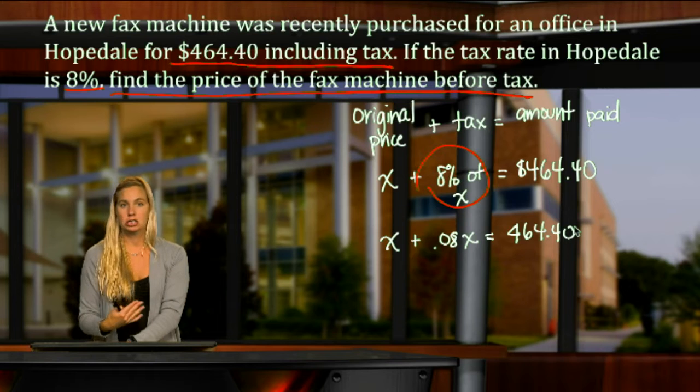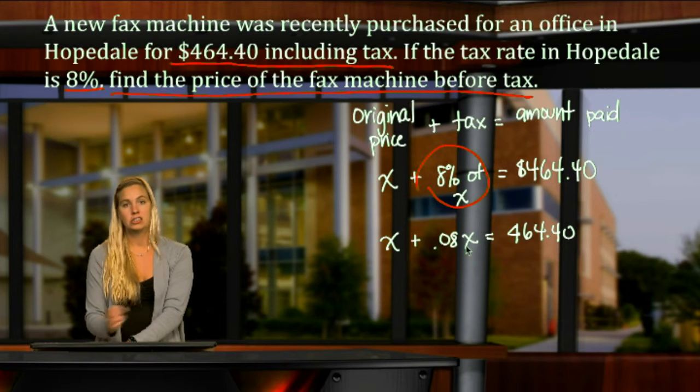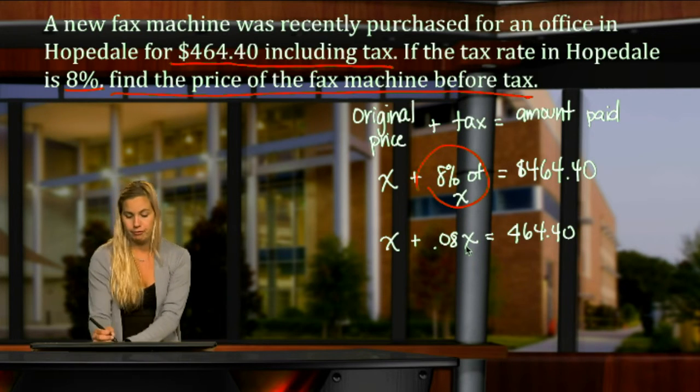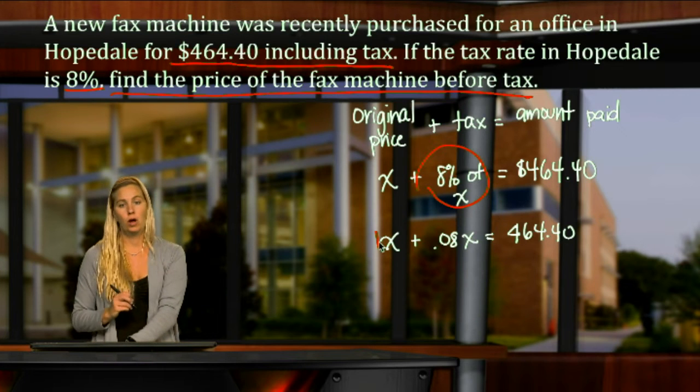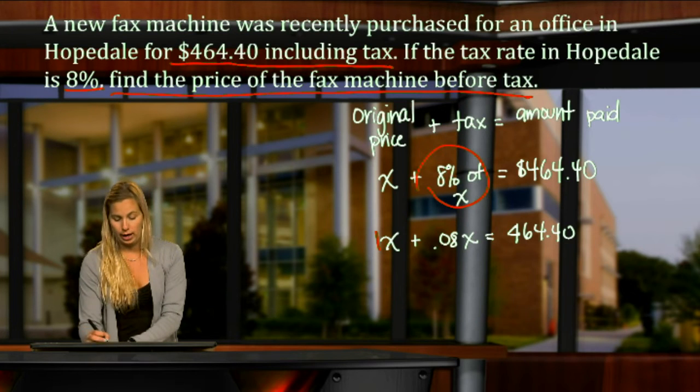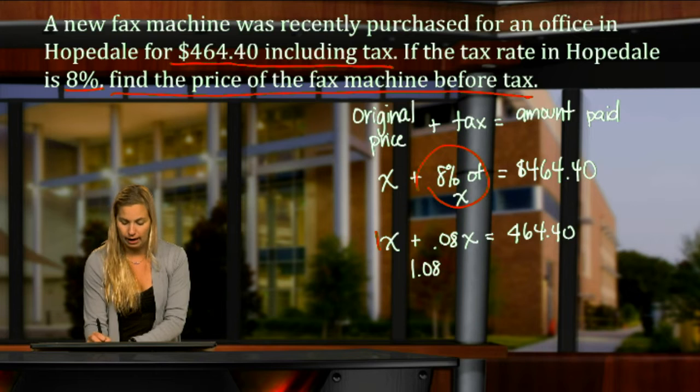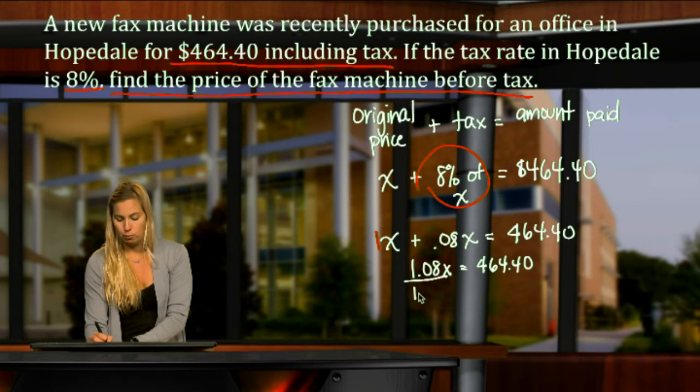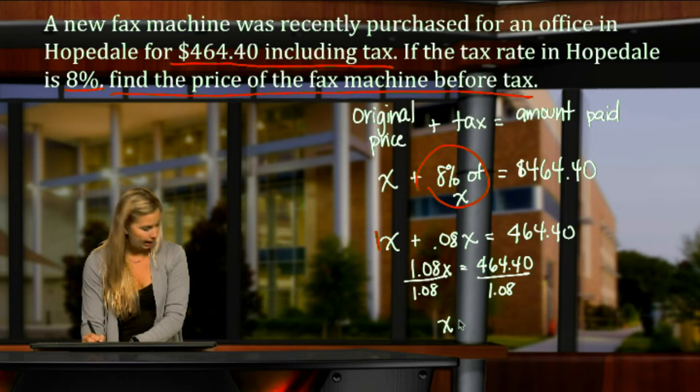Now we have an equation that we can solve for X. These two terms are like terms. Remember that in front of this X, there's an invisible 1. So 1x plus 0.08x is 1.08x. Divide both sides by 1.08. We get X equals